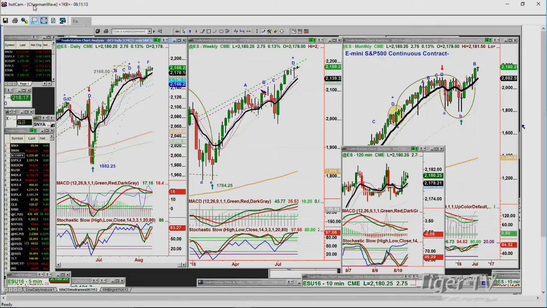You see this inside Chapman wave, inside track repellent zone. Every time the E-mini's gone into that, it started to stall. Doesn't mean to say it breaks down, but it stops. It's like a tube, and it gets to the top of the tube, it just can't break out to the upside. So that's why I'm saying 2186, 2188, 2190, all of a sudden you're breaking out, and